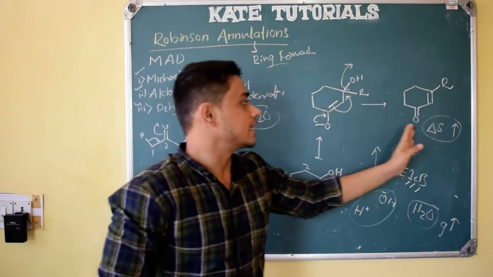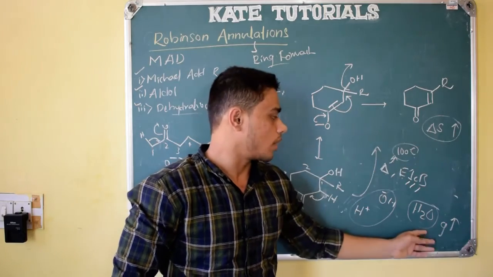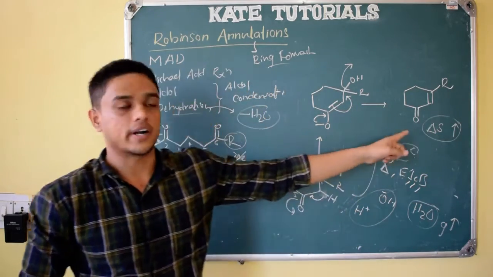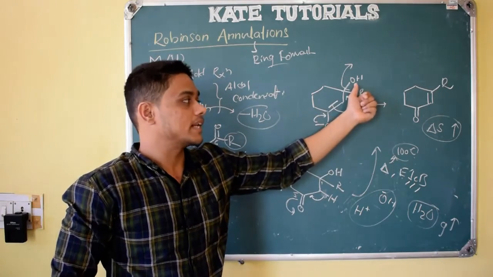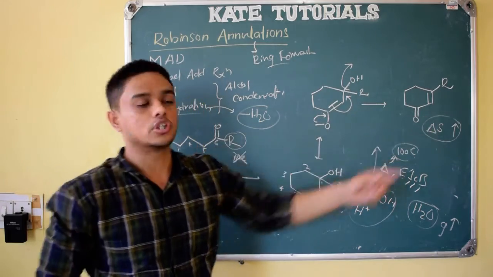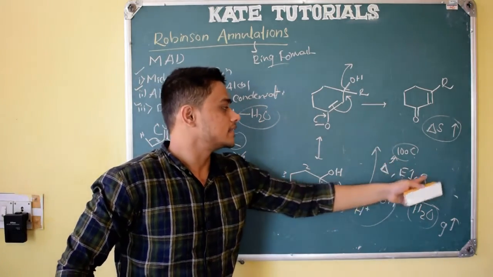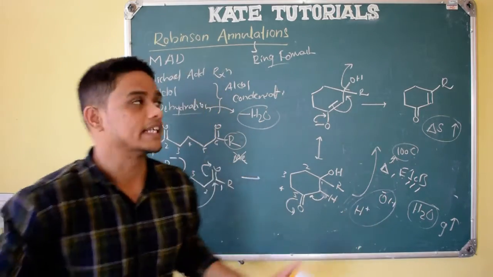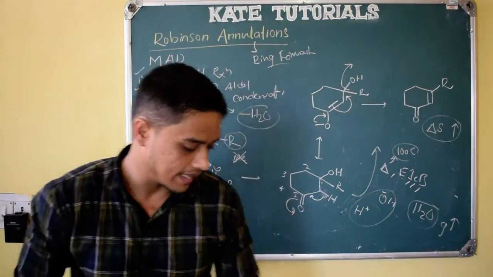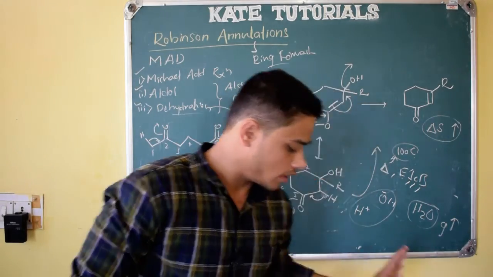Whenever a larger number of molecules are released, here water in the gaseous phase, entropy increases, and the reaction moves forward. The bad leaving group OH minus also leaves because delta S is positive and the reaction occurs at elevated temperature, and this mechanism is called the E1CB mechanism. So this is all about Robinson annulation reactions, right? Everything I have explained, right?